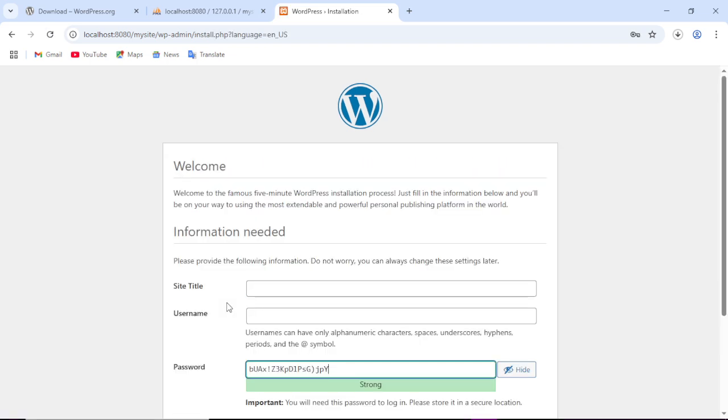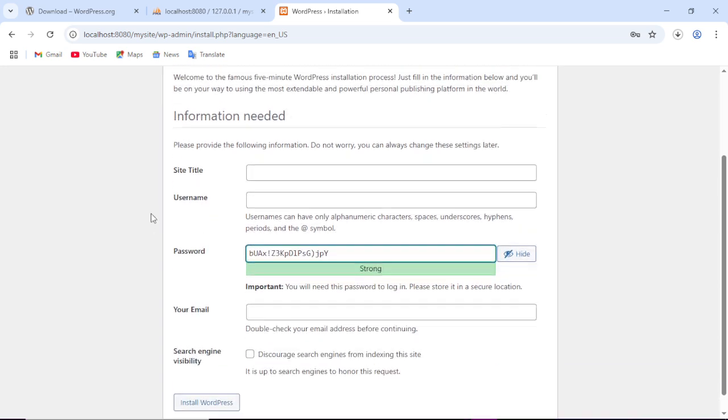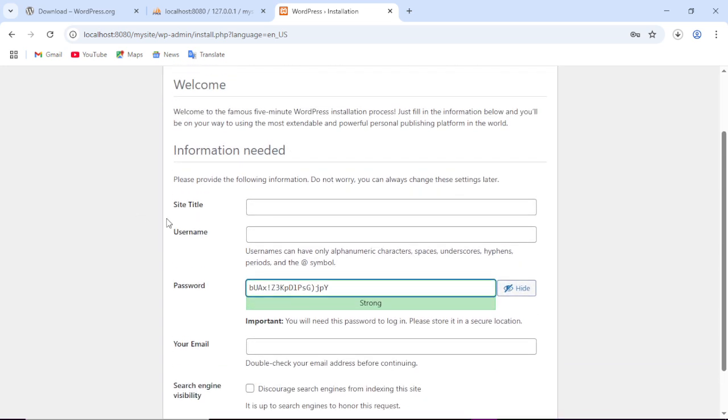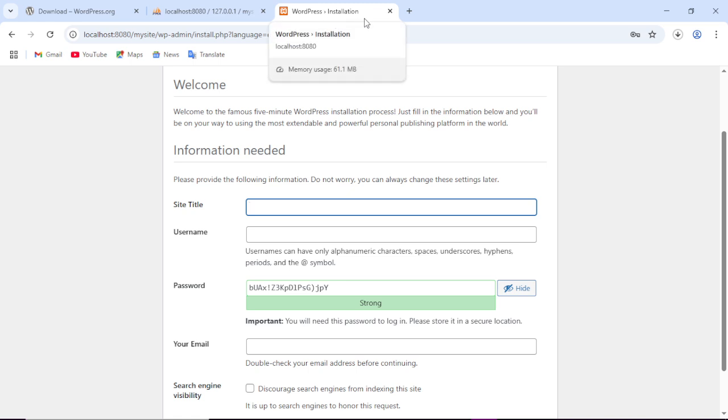Start installing the WordPress site locally. All right. So first of all, we need to fill in the admin information and the site information. For example, this is the site title, what is going to appear as our site title. For example, if you look on this tab, you can see WordPress installation. So go ahead and write the site title. So I'll just type my site, or should I say my first